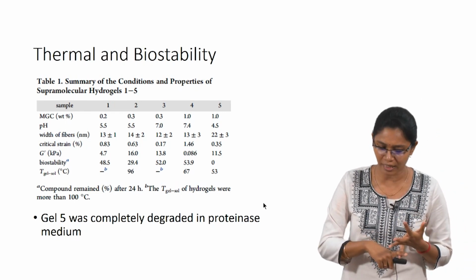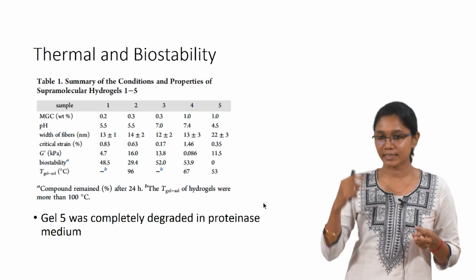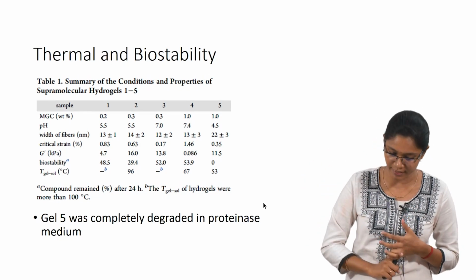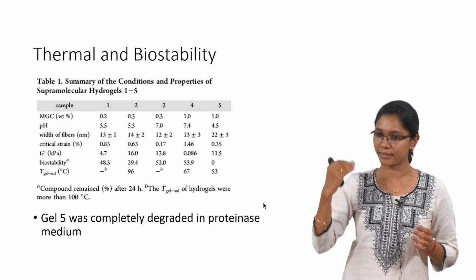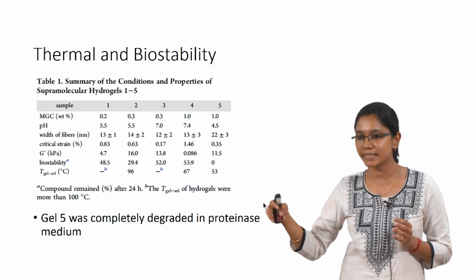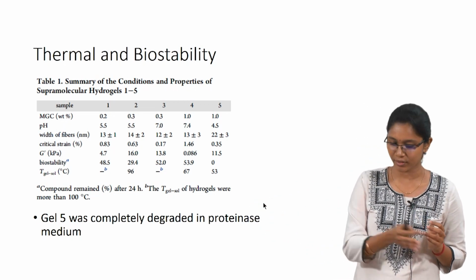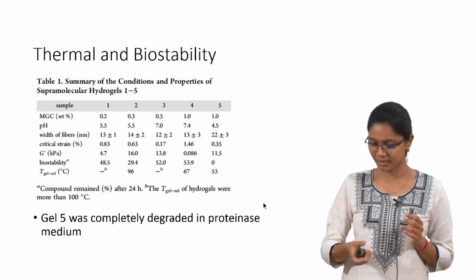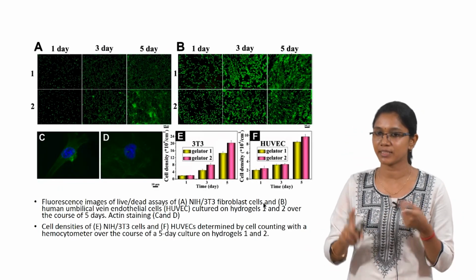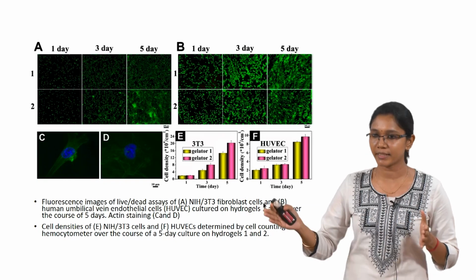And then we also have a T gel, that is the gel temperature, the stability. So the T gel of the hydrogels were studied, where the glucose ones were higher compared to that without the glucose one. So this has a 53 degree at which it will degrade, whereas this has a very high thermal stability. And so they have used 2 different gels, the first and the second gel, to study their cell